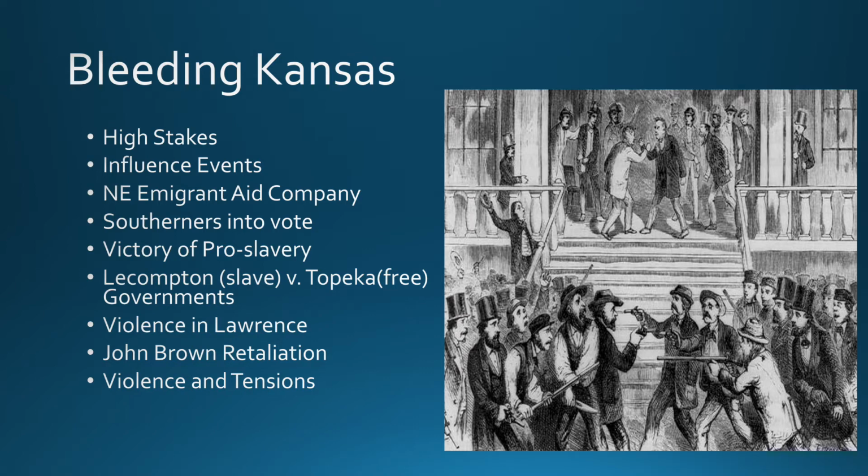Violence and tensions will continue in Kansas, and we'll talk about not really necessarily the resolution, but this will continue on. And the reality is the Civil War, in many senses, has a kind of preview of it occurring in Kansas, as we have these two competing governments, both claiming legitimacy, yet really neither having any, going up and fighting against one another. So this is going to be a really, really convoluted situation and almost like a Civil War preview.